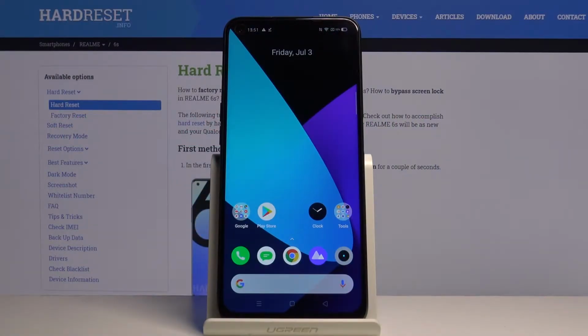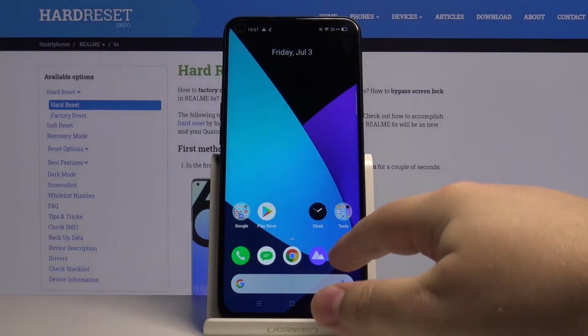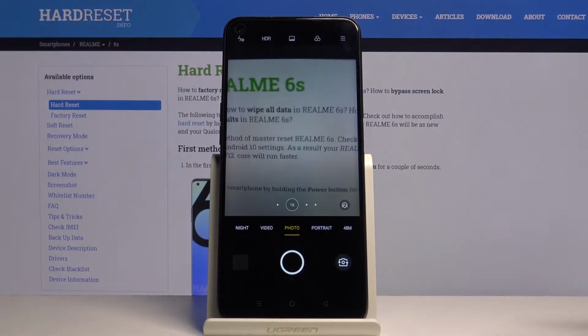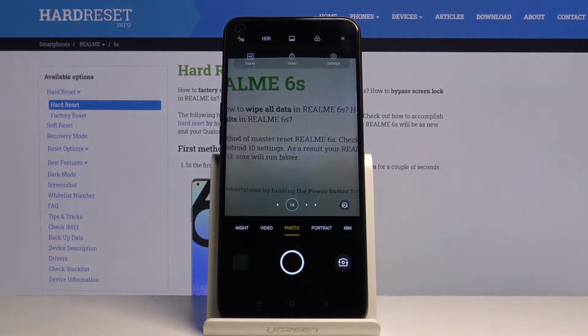Hello, in front of me I have Realme 6S and I'm gonna show you how to turn on the camera timer on this device. Let's start by opening the camera app by tapping this icon right here. Now let's tap on this icon in the top right corner to open the menu, and here we have a